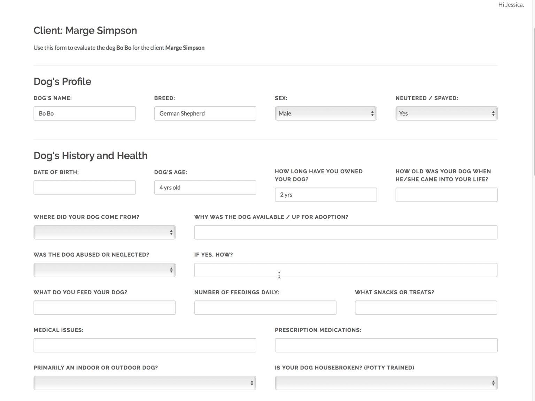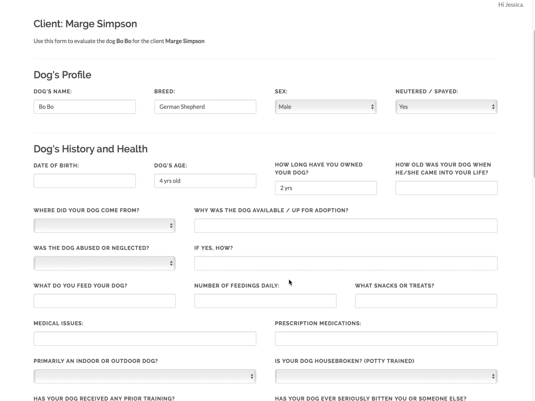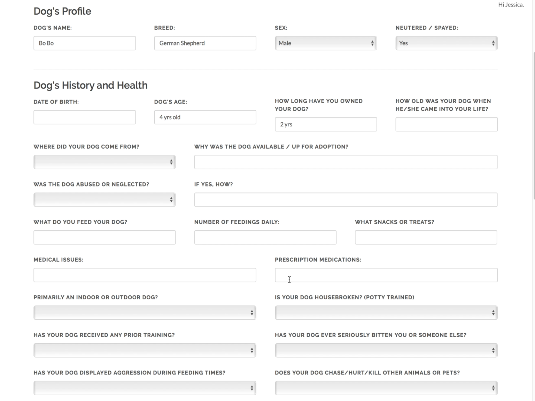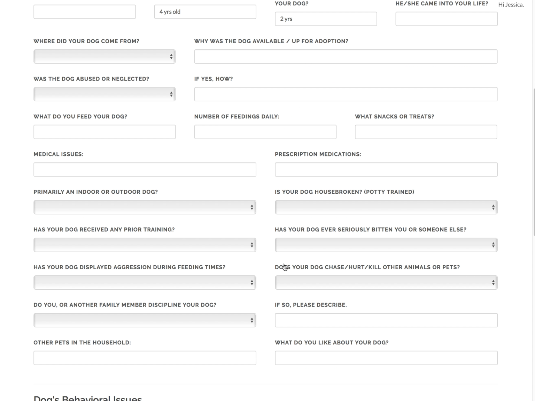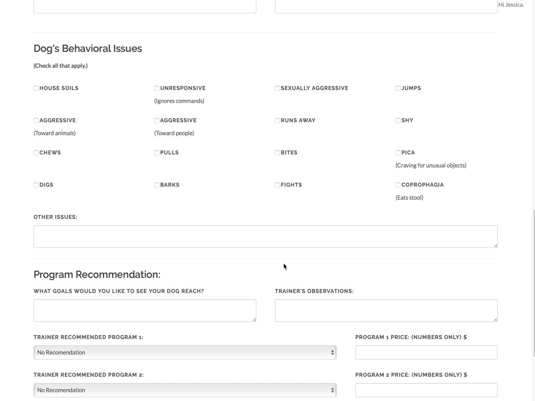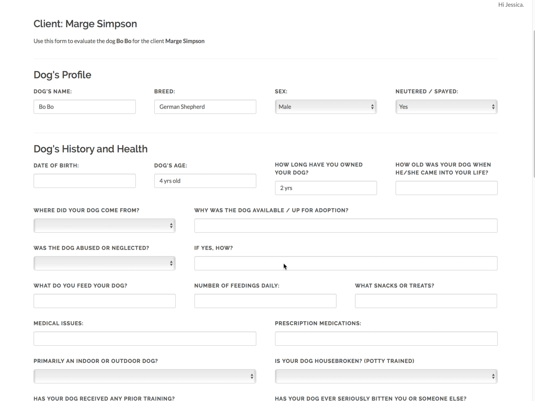So this information could have come from you when you scheduled the evaluation, or the call center when the call center scheduled it. So anything that's filled out during the evaluation schedule on that dog profile is going to pre-populate on the evaluation page, so you don't have to refill it out. You're not going to do anything but confirm with the client to make sure that the information is correct. Okay, so I'm going to go ahead and continue the evaluation form and fill it out here